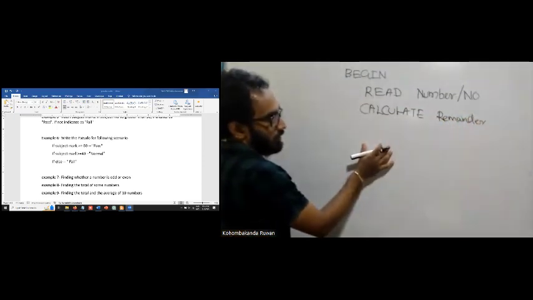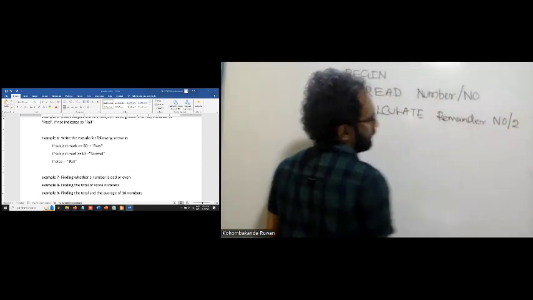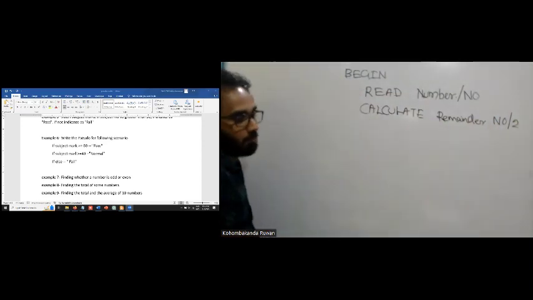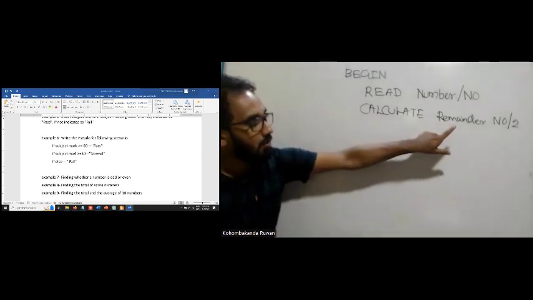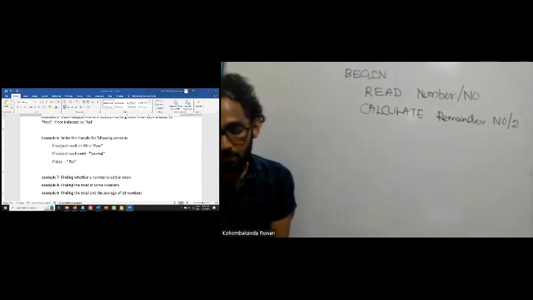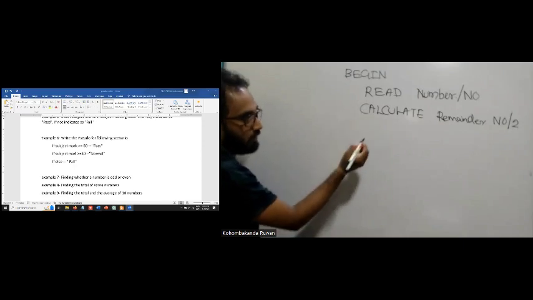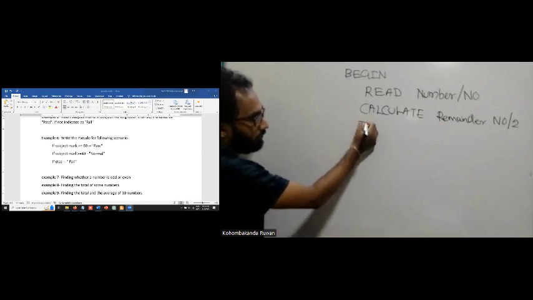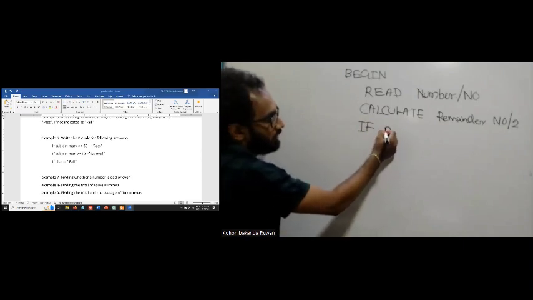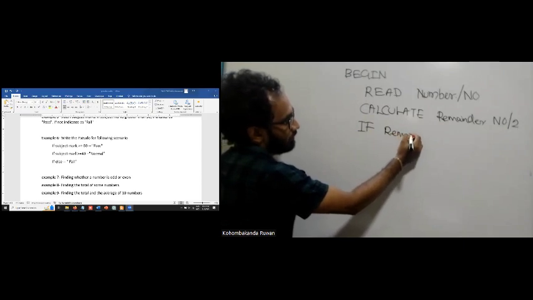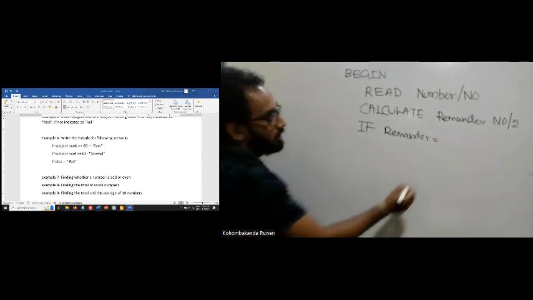How to get the remainder? Number divide by 2. Remainder is the number divided by 2. Then we have to make a decision now. If the remainder value is equal to 0,